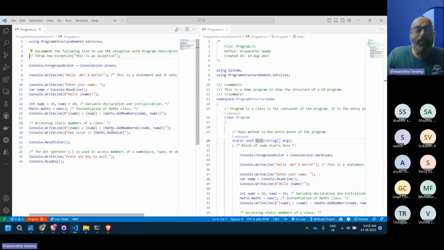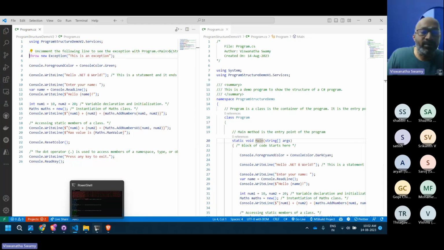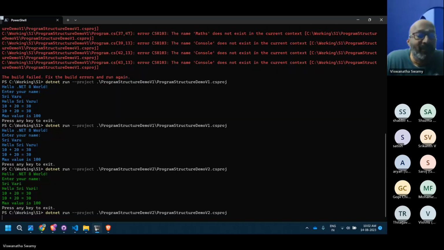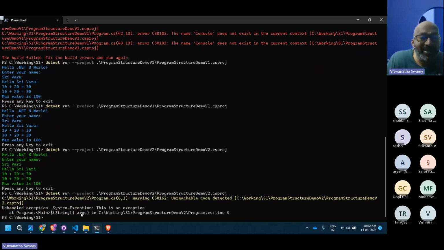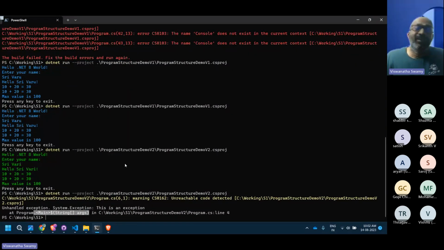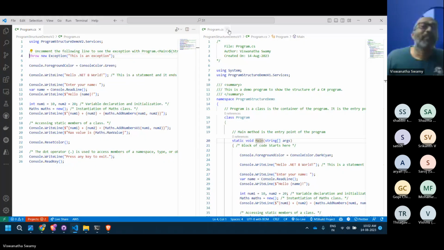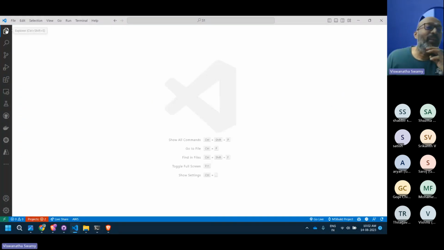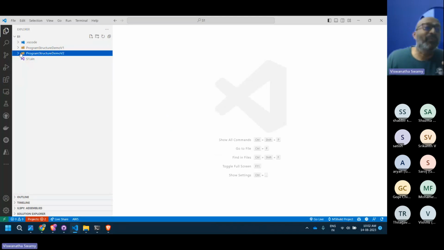I'll show you. If I throw an exception in demo 2 and execute it, see what it tells us. There was an error. And what is that error? Inside that main method. How is this main method named? With angular brackets and a dollar sign. That means the compiler is generating the main method for us. So now you can ask, what is the guarantee that the compiler generated it? Can you show me that? Definitely, I will show you.